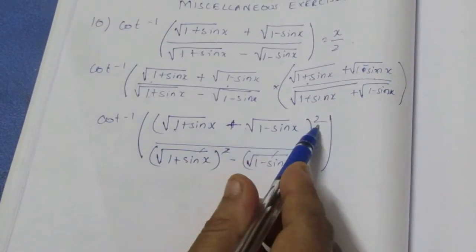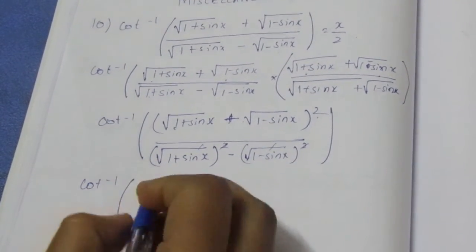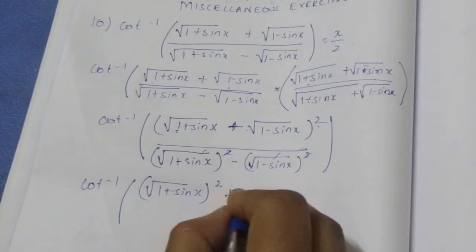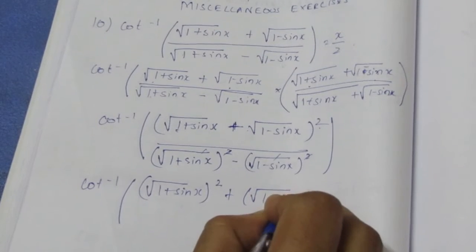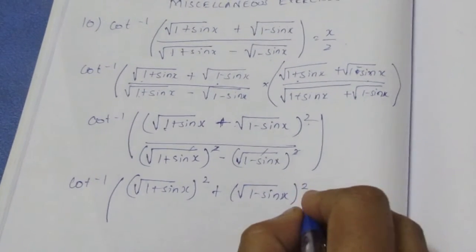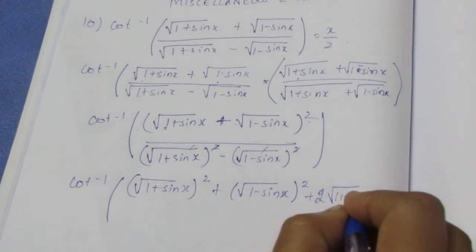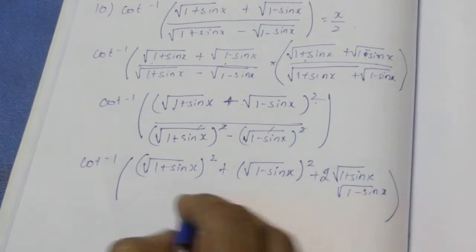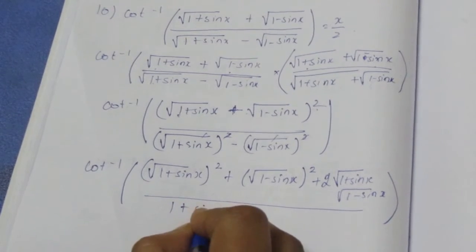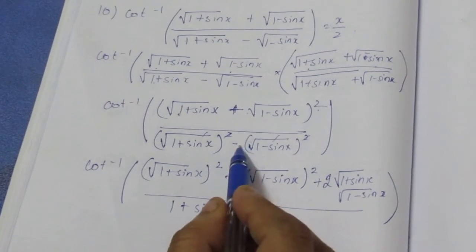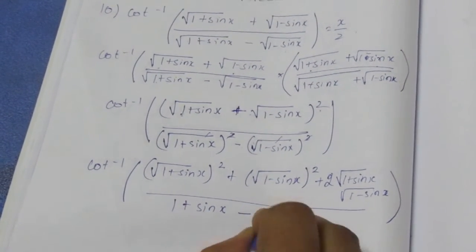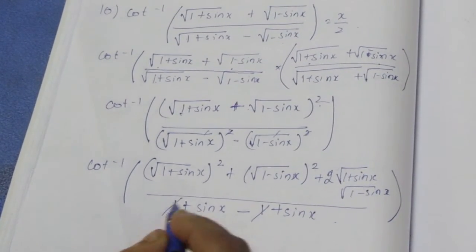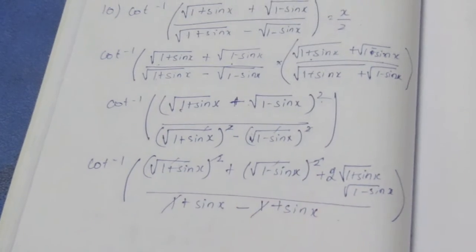Now it is a plus b whole square, so a square is root of 1 plus sin x the whole square, plus root of 1 minus sin x the whole square, plus 2ab is 2 root of 1 plus sin x into root of 1 minus sin x. In the denominator we have 1 plus sin x minus, I am taking the minus sign inside, so it becomes minus 1 plus sin x. Now this gets cancelled, the square and root get cancelled. Finally we have